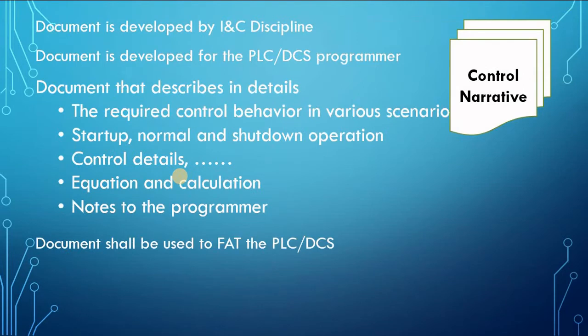So now we have explained with a real example why we need a specific document to tell the programmer what to do, and what our expectations are. It is a document developed by the INC discipline, made specifically for the control system programmer, and it includes all the control behaviors in various scenarios, such as startup, normal operation, shutdown, control details, equations,